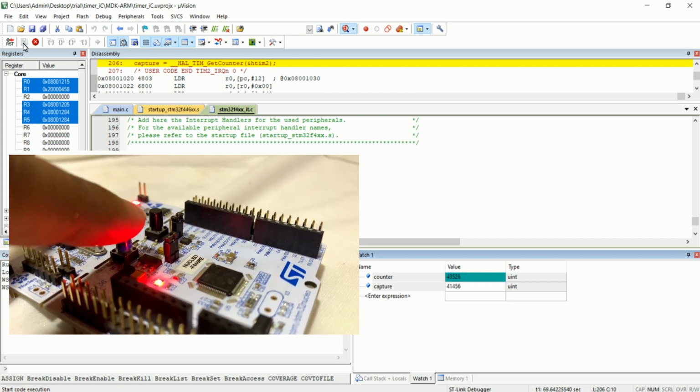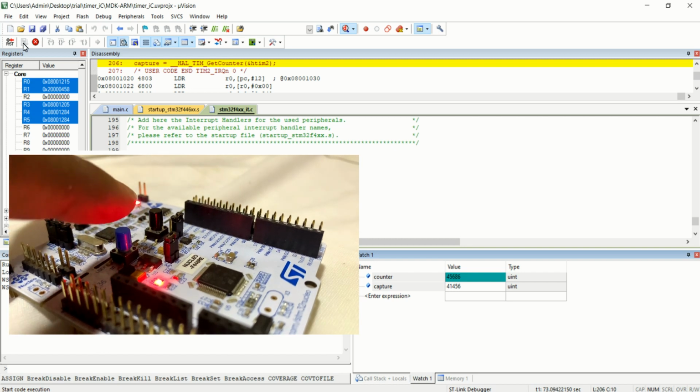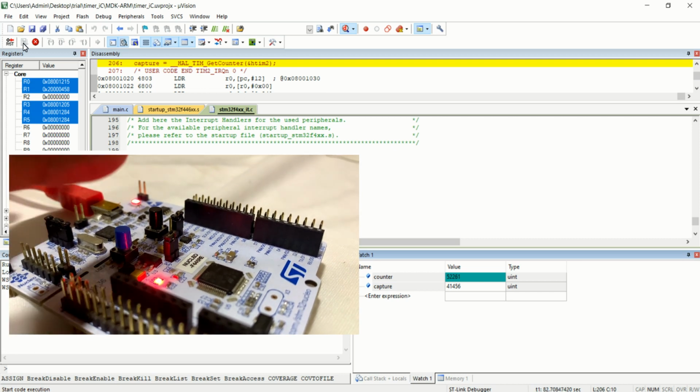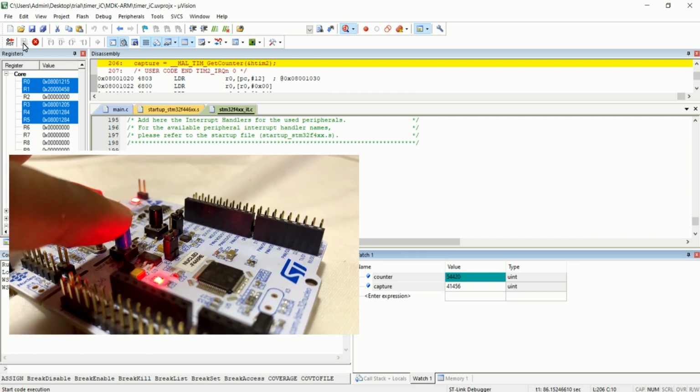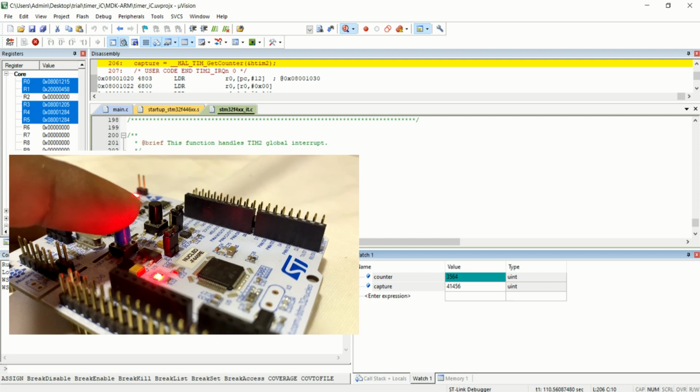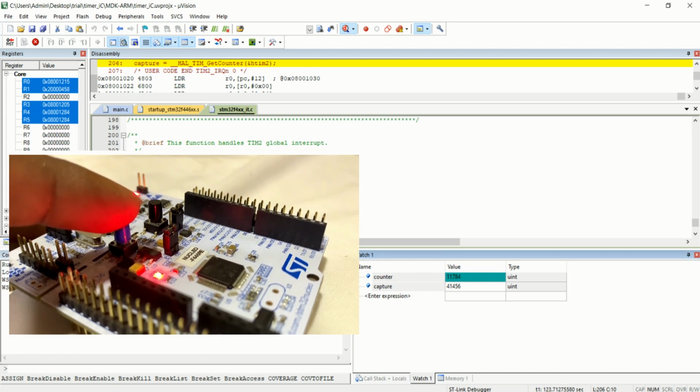So once you get the timer count value, after that you can process the timer count value for finding the corresponding frequency of pulses given in the input capture pin, or you can use that for finding any time related applications. So in this way, the timer input capture channels of the microcontroller is employed in finding the time period at that moment as well as frequency of pulses. Now I'm stopping the program.